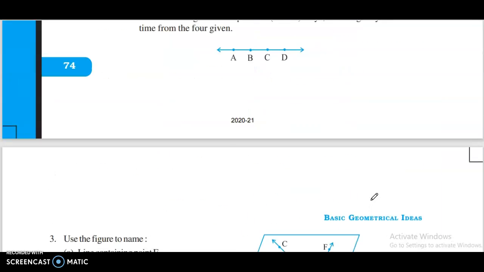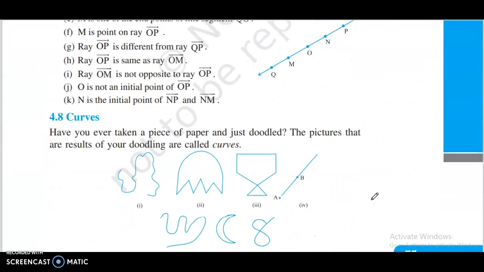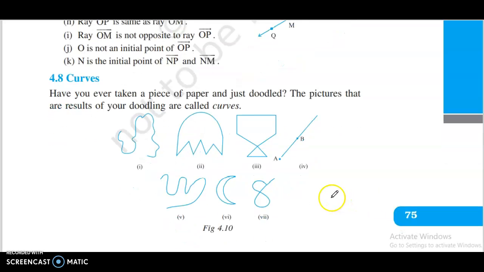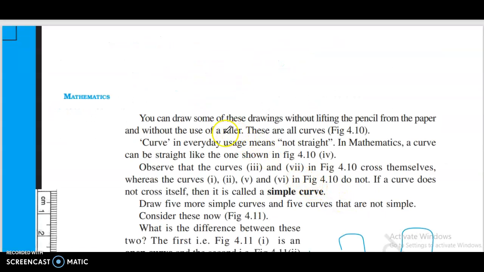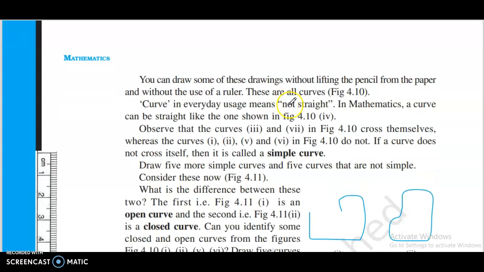Curves. 4.8. Have you ever taken a piece of paper and just doodled? The pictures that are the result of your doodling are called curves. You can draw some of these drawings without lifting the pencil from the paper and without the use of a ruler. These are all curves. Curve in everyday usage means not straight, but in mathematics